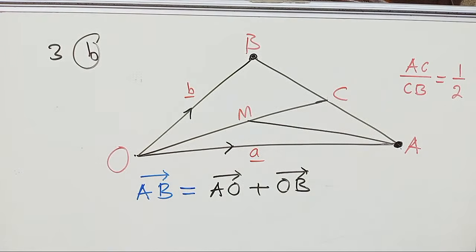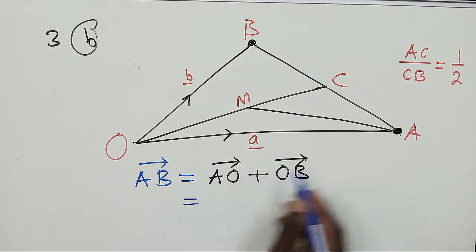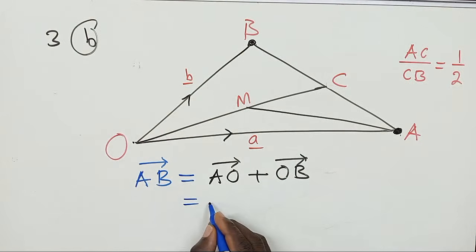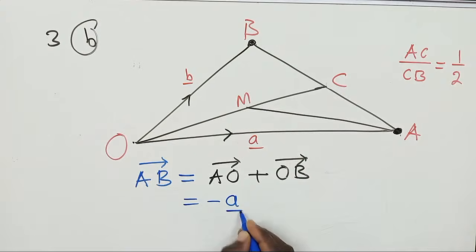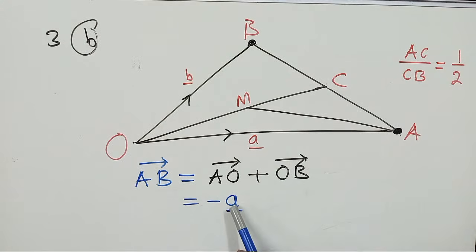That's all. You see what I've done? Now replace. What is our AO? You just check what you've been given here. It is negative A. Now look, I know you may be wondering why I have put a negative A here when there is a positive A,